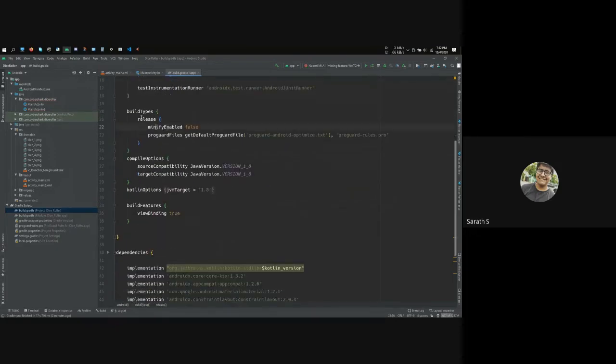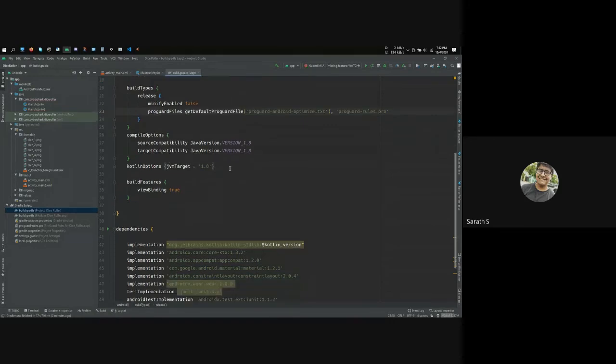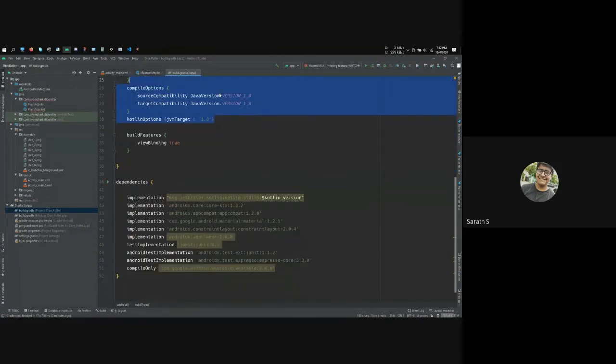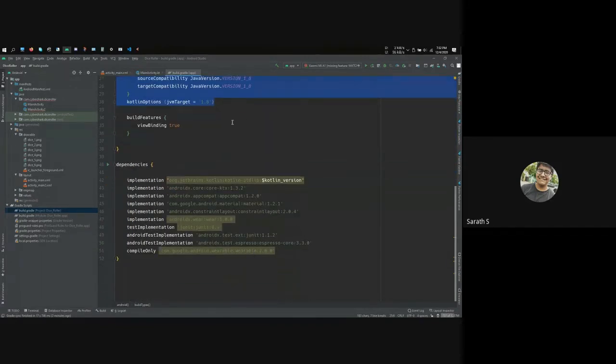These things here are basically for when you are putting it on the Play Store. You just have to make sure the app is as small as possible, right? The APK. That's what all of this is for. This is a pretty advanced topic. You don't have to look at it now. These lines of code basically say what version to use to run. You don't have to look at that as well.